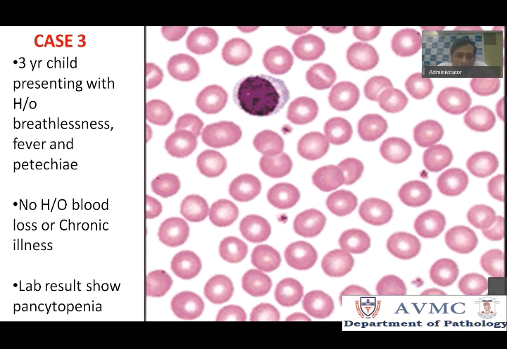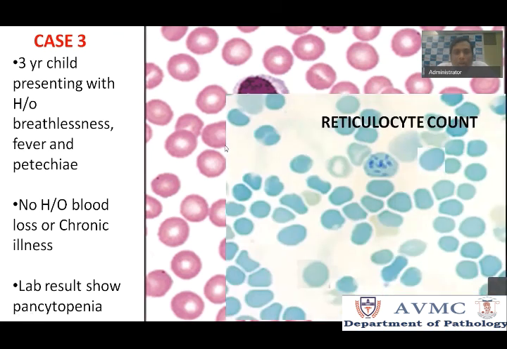You can do a bone marrow, but before that you can do a relatively easier investigation. I told you the use of the reticulocyte count. If the retic count is decreased, it means the RBCs are not being produced from the marrow. If it is more, it means the RBCs are produced but they are getting destroyed. In this patient we had a very low retic count, around 0.2%. So this gives me indirect evidence that there is something abnormal with the production of RBCs.